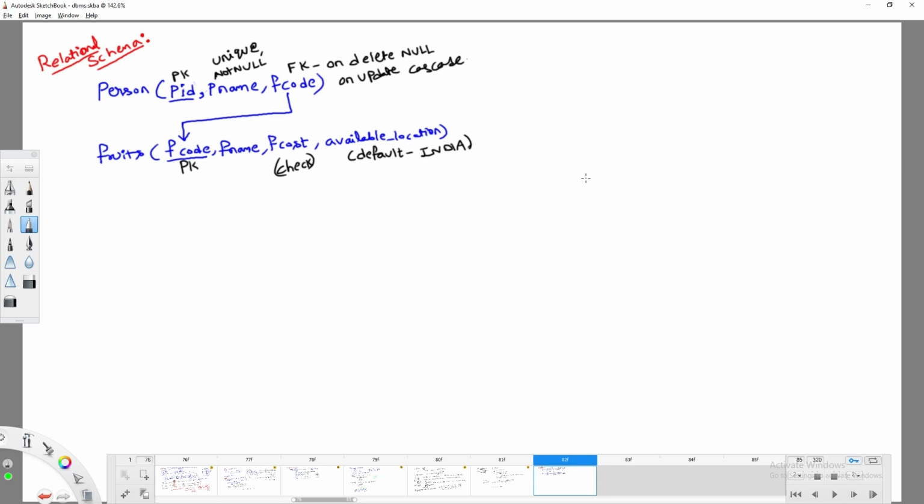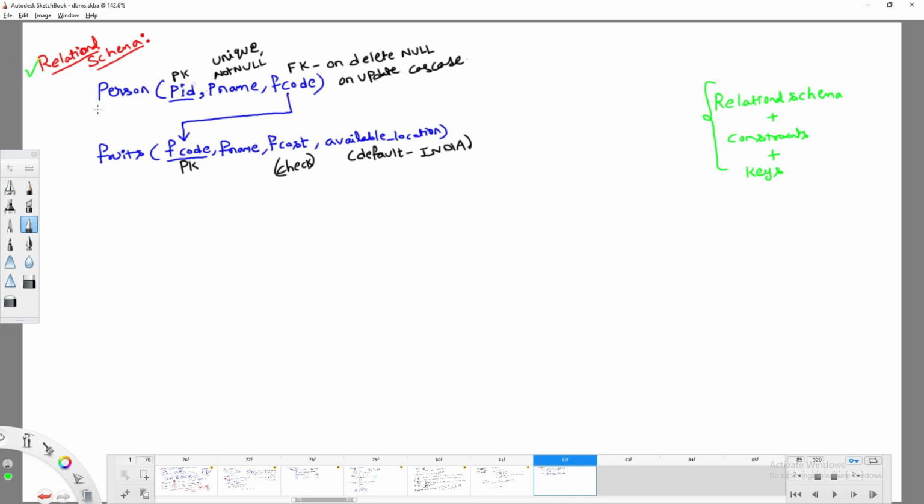Hi, in the previous class, we have seen the concept of what a relational schema is, and also we have seen practical examples of how to create the constraints along with how to work with the case. Now, in today's class, based on the earlier concepts, we are trying to create one relational schema where this database